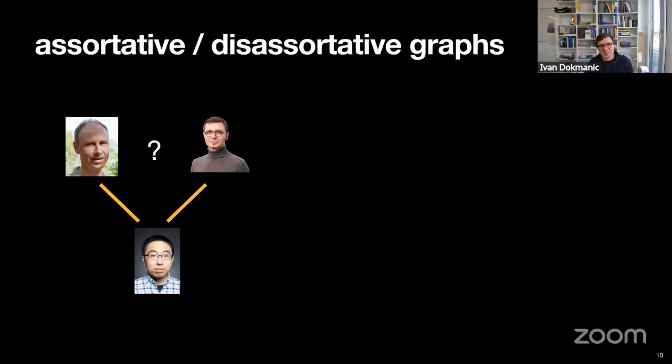Another kind of phenomenon, or aspect of learning on graphs, that we would like to encode is that links can mean very different things. Two extreme examples are what we call associative and disassociative graphs, or homophilic and heterophilic. In homophilic graphs, similar entities connect. For example, if Gert knows Xiaowen and I know Xiaowen, then in an associative graph, chances are that I also know Gert and Gert knows me. It's transitive, and we get graphs with a lot of triangles.